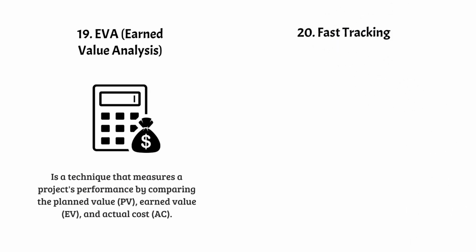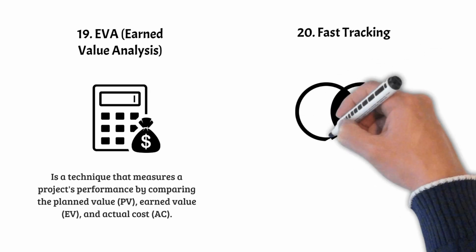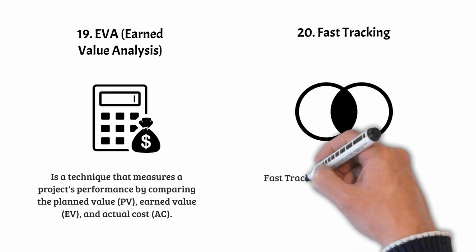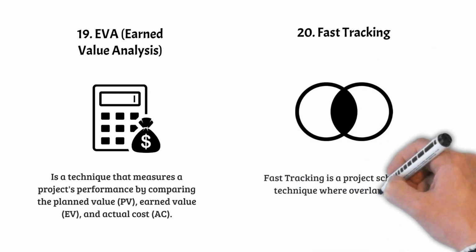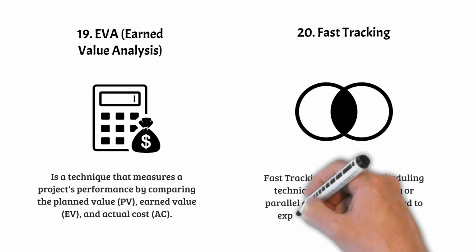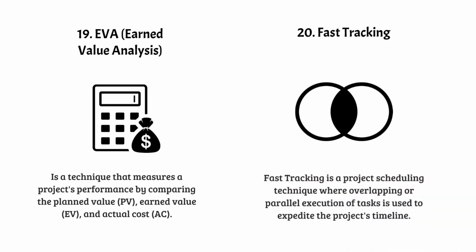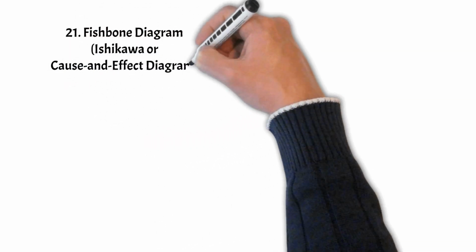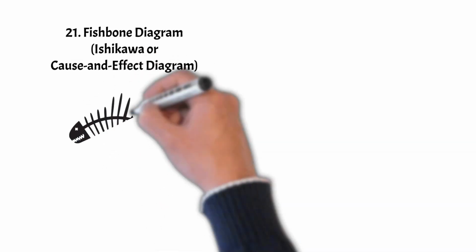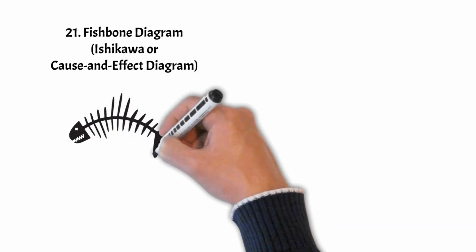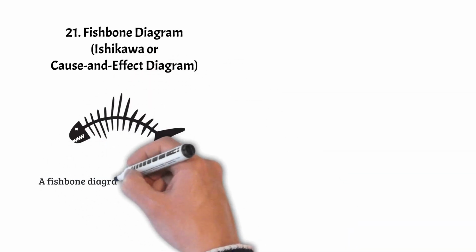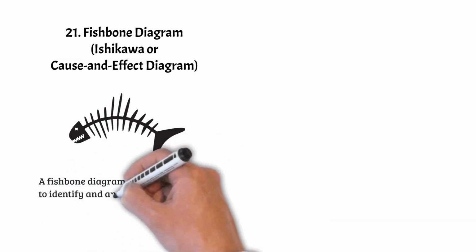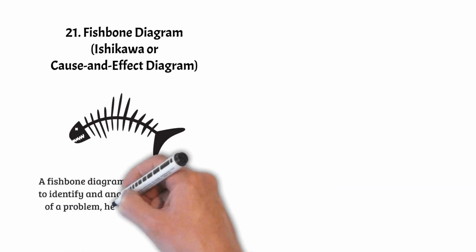20. Fast tracking. Fast tracking is a project scheduling technique where overlapping or parallel execution of tasks is used to expedite the project's timeline. 21. Fishbone Diagram, Ishikawa, or Cause and Effect Diagram. A fishbone diagram is a visual tool used to identify and analyze potential causes of a problem, helping to uncover